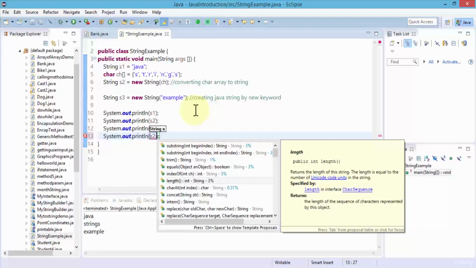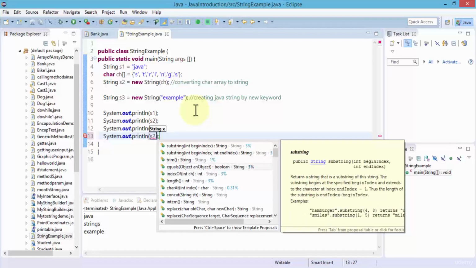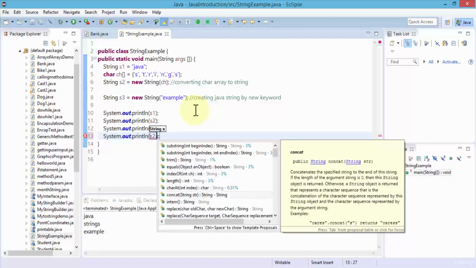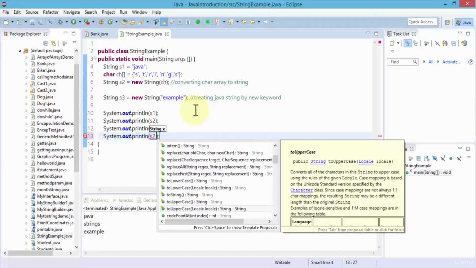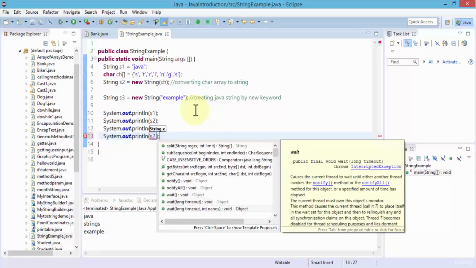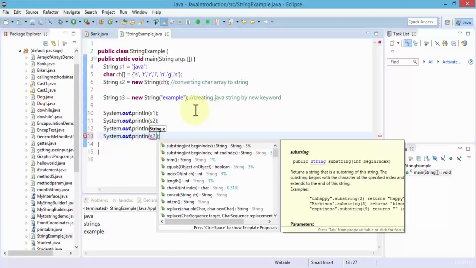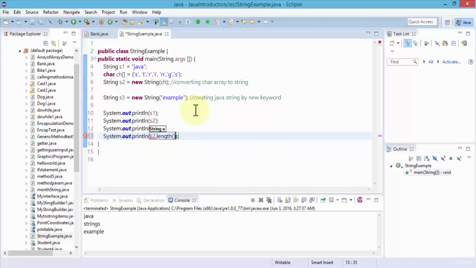So here's the length, for example, that I can use, the trim, the substring, I can use the character, concatenation, I can replace values, and so on. There's a whole list of these methods that the Java Eclipse Editor automatically brings up using IntelliSense. But over time, once you practice working with Java code, you'll memorize these and this will be second nature to you. So let me go ahead and just select length, hit the enter key,